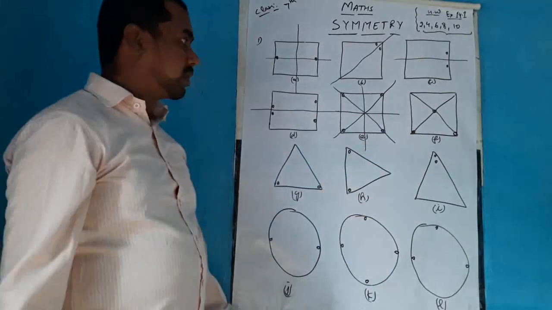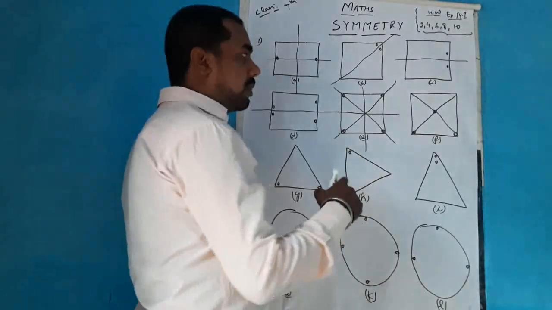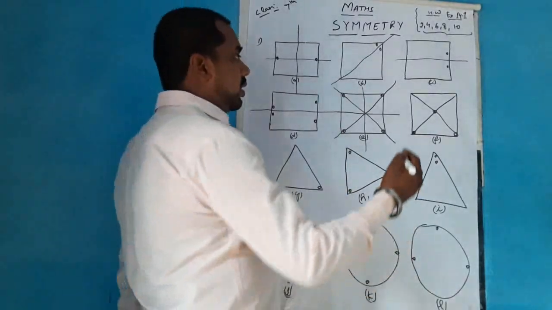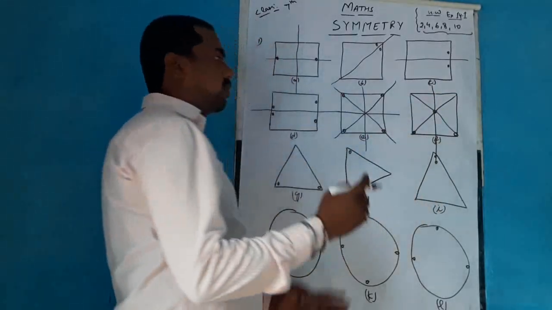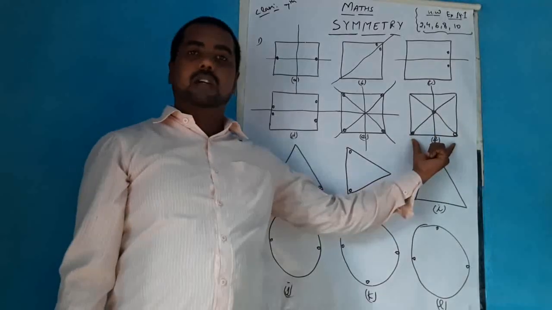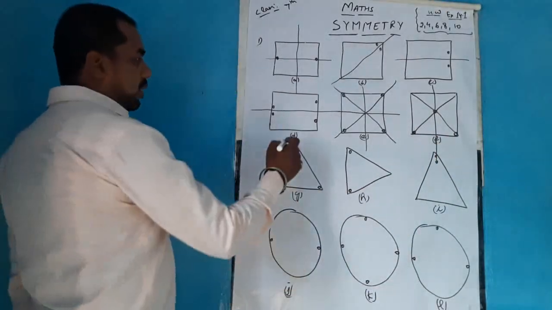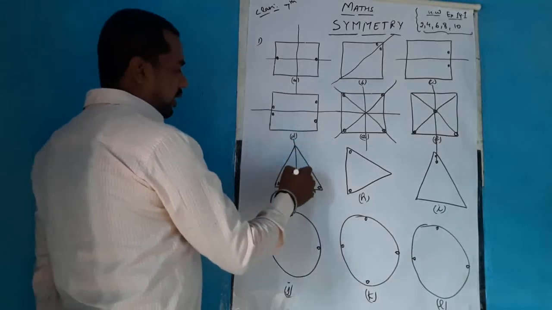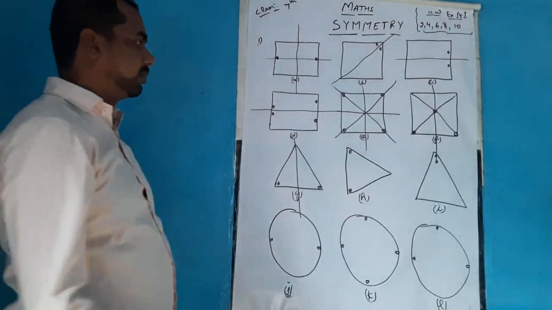Now when you come to this, some diagonals have already been drawn there. But is there a possibility of having any other line of symmetry? We see that we can draw a vertical line of symmetry so that when you cover the half part, this figure shows a vertical line of symmetry. Now when you come to this triangle, here we can draw a vertical line of symmetry so that this half is covered by the other.